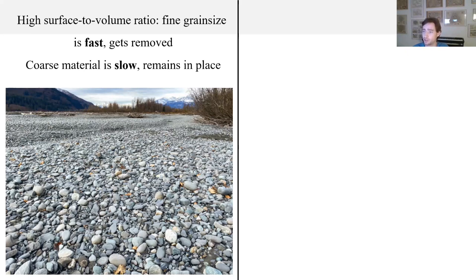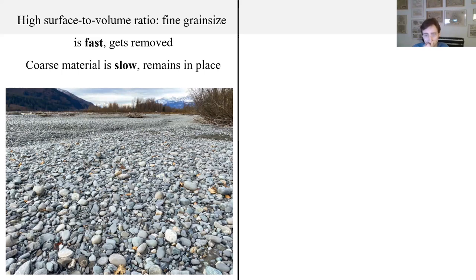If you've ever seen river channel sediments, they're always very coarse-grained. And obviously this is not because there are no fine sediments in the river, right? The river water is transporting all sorts of sediments, including clay and sand. However, the clay and the sand have such a high surface to volume ratio, they move so fast that they will always get removed from the system. And the coarse, slow-moving material will always be